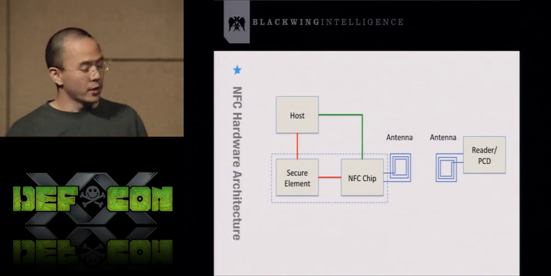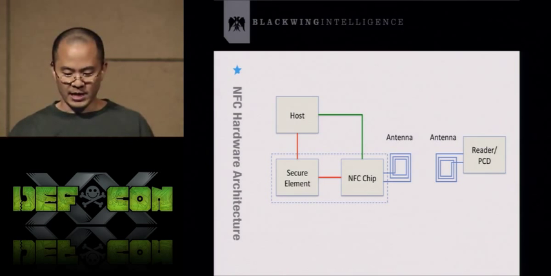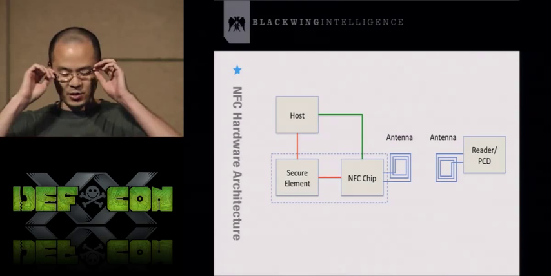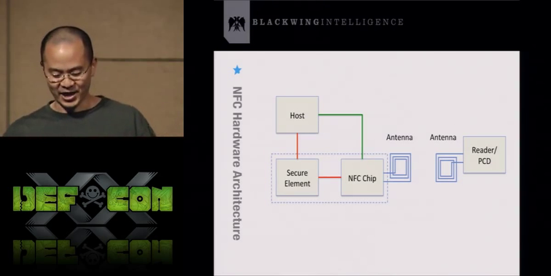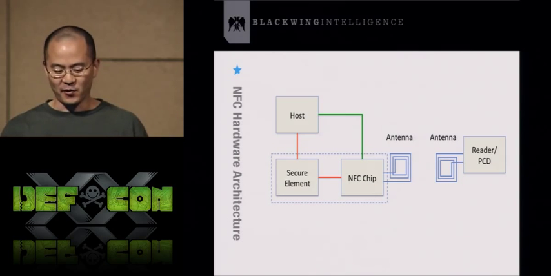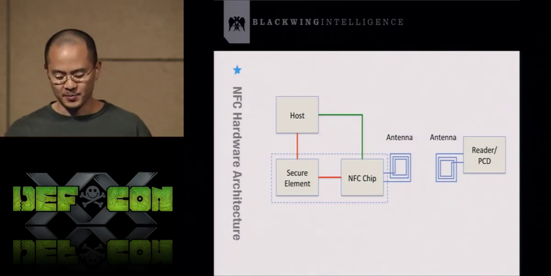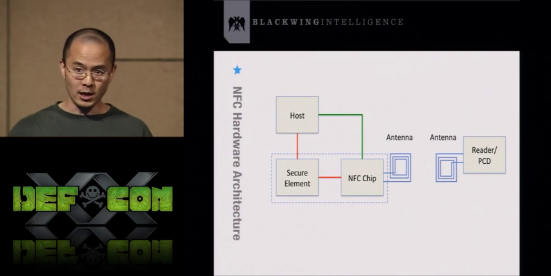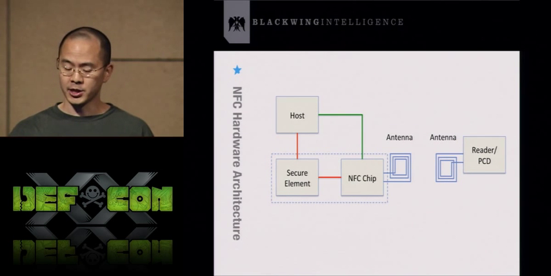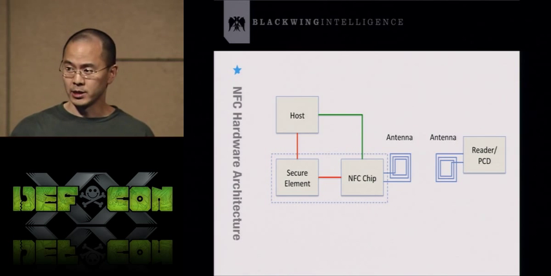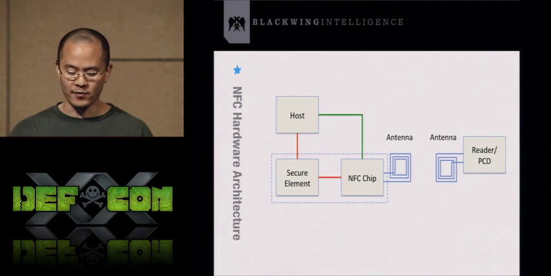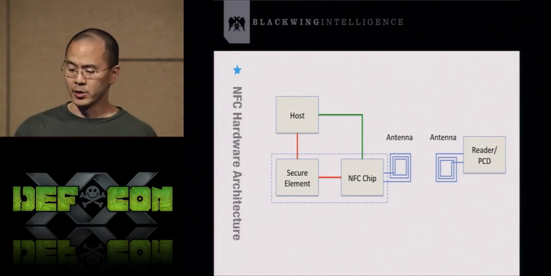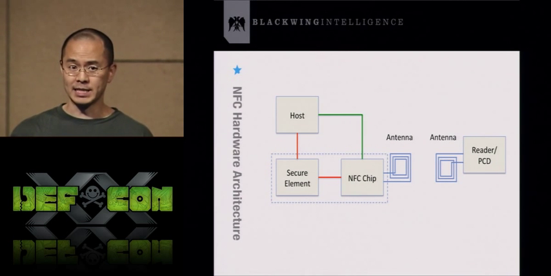All right, so here is a picture of NFC architecture, at least conceptually. I don't necessarily know if this is entirely accurate, but from my understanding, it looks something like this. So you have the host, which is basically the Android phone OS and hardware, and the way that Google Wallet works is it communicates with a secure element, and the secure element supposedly encrypts all your account information, and then the secure element communicates directly with the credit card reader,